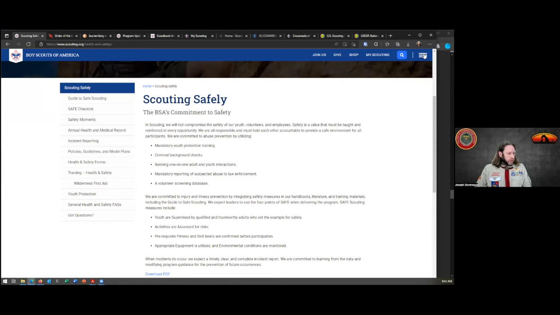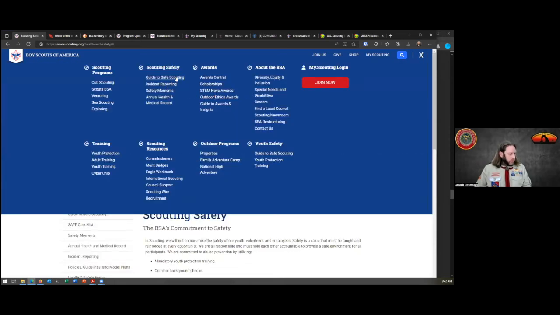I didn't mention it, but also up here, I believe there is the Guide to Awards and Insignia on how to wear your uniform. I'm not seeing it. I thought it was here. Eagle Workbook again is on that menu, easy to find. All the merit badges and details about those. See, I would have thought they would have had the, what book is that? The Guide to Advancement on there as well, but I'm sure it's here under awards somewhere. Just click the X there.